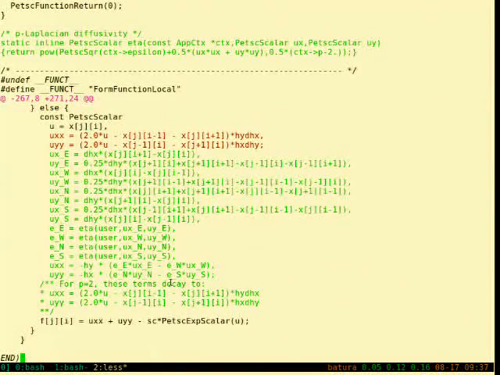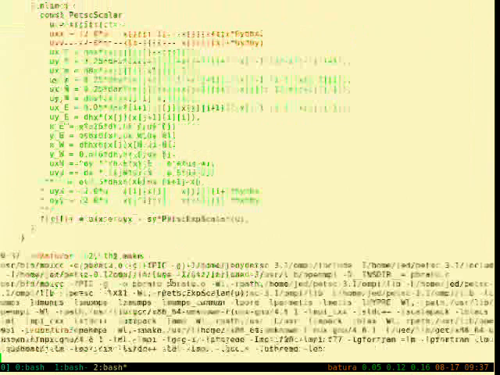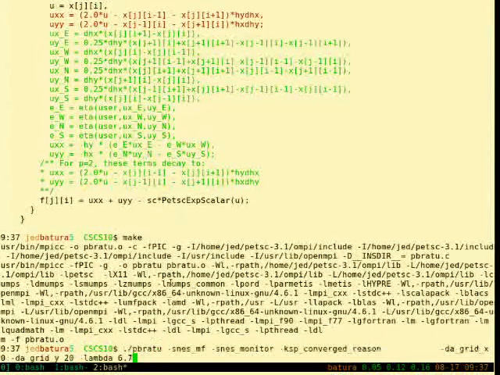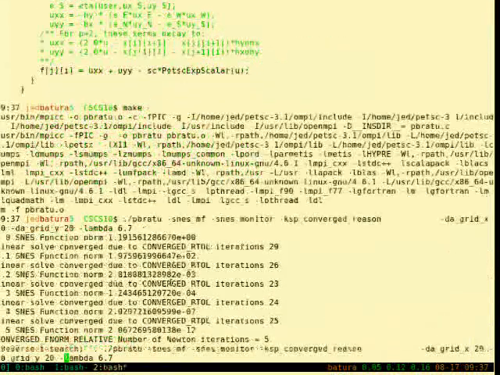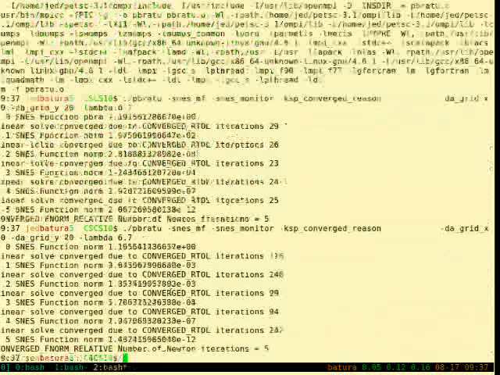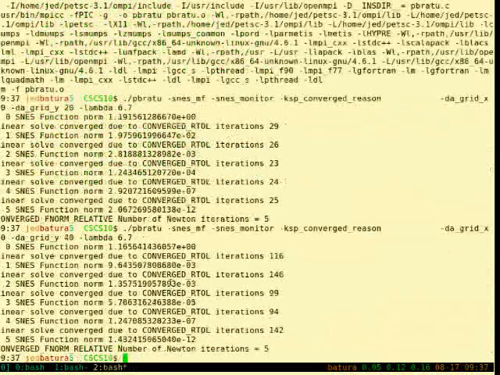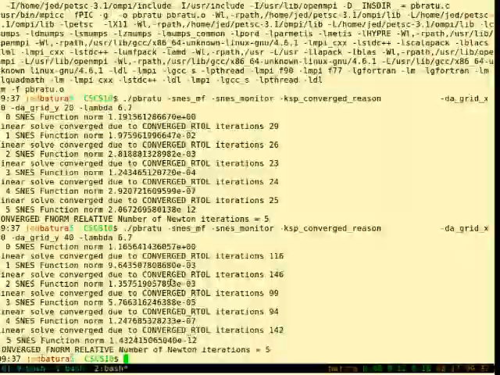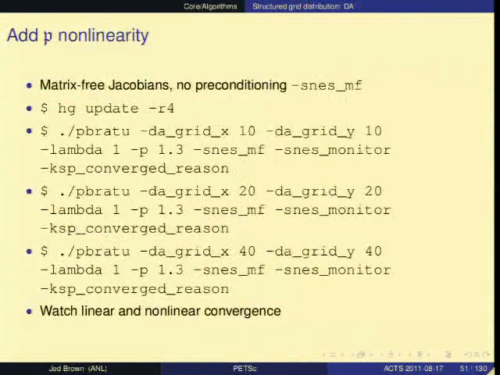So now the rest of that physics is in there, and we can check that we get things correct. So we compile it, and we can run here. Okay, so basically as expected, the iteration count's going up.